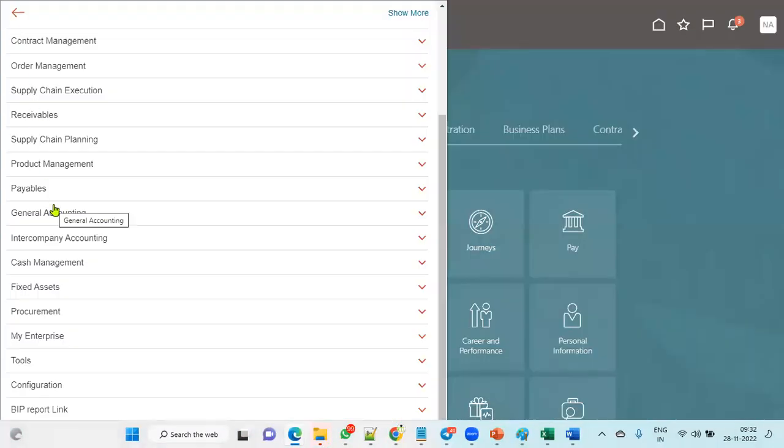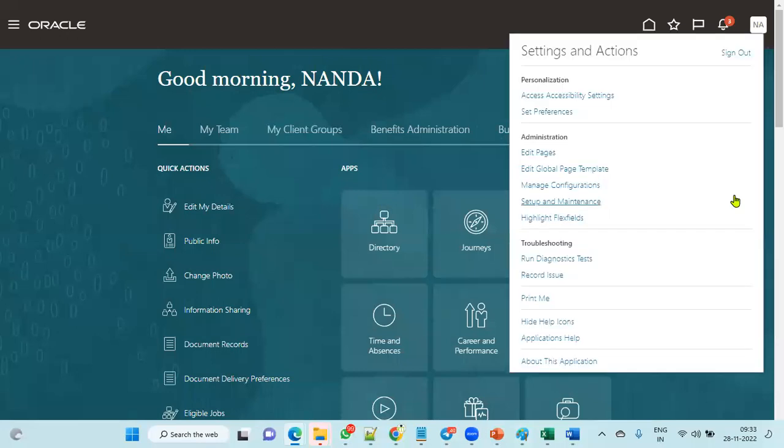For example, you have done a setup where if any employee creates a purchase order, it should automatically approve if the total is less than $1,000. If it is more than $1,000, it needs approval from his manager. That's the requirement. We have done that. We will do that setup from here. As a functional consultant, we have configured it. Okay. So once you configure this, then you are supposed to